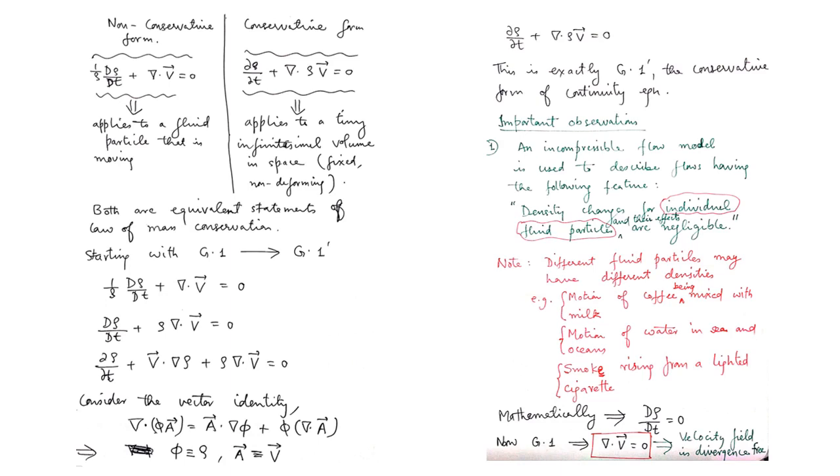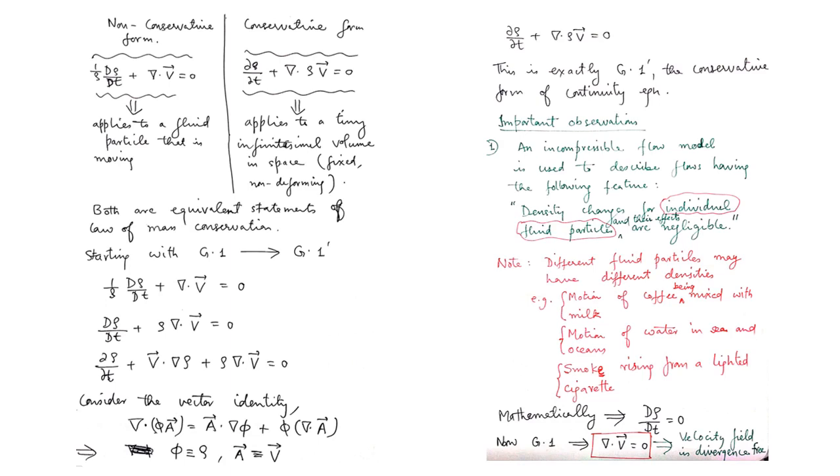When we say that the flow is incompressible, we have not fixed anywhere that different particles cannot have different densities. Okay, I will give you examples where this is very much the case, whereas the flow itself is incompressible. Remember, density changes for an individual particle is what is to be neglected, or taken as zero, in the incompressible flow model. Nowhere are we saying that density variations across different particles are also to be neglected. We are simply saying density changes for individual fluid particles are negligible.